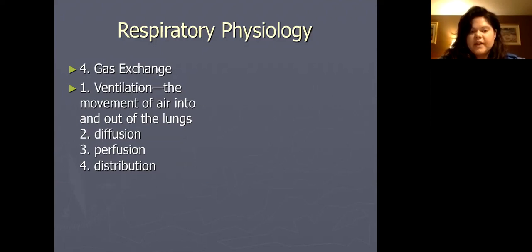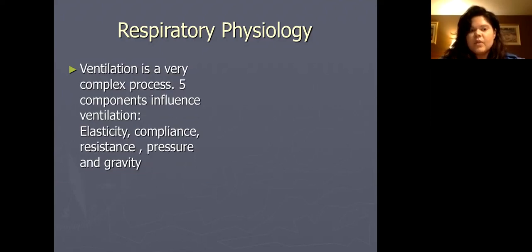Ventilation is going to be defined as the movement of air into and out of the lungs. It can happen by diffusion, perfusion, distribution. It's a very complex process. Different components influence ventilation. Some of those include the elasticity, lung compliance, any resistance, pressure, and gravity. Those are all important to note whenever you're talking about how and things that we could potentially change so that we could ventilate them